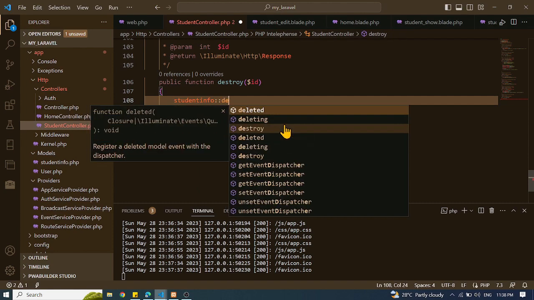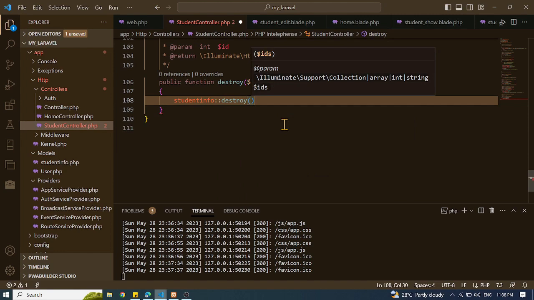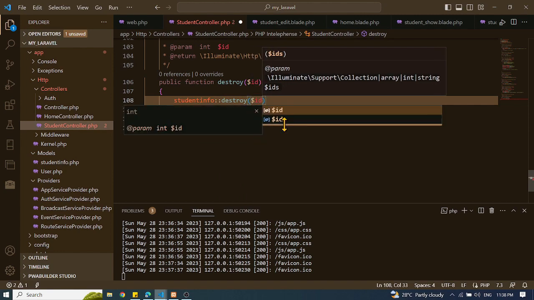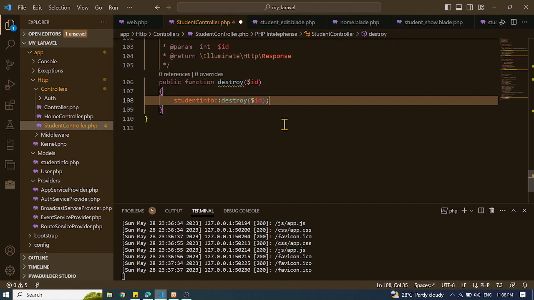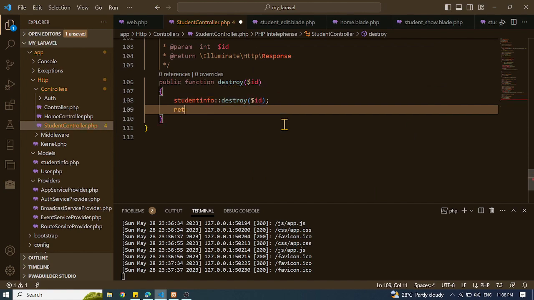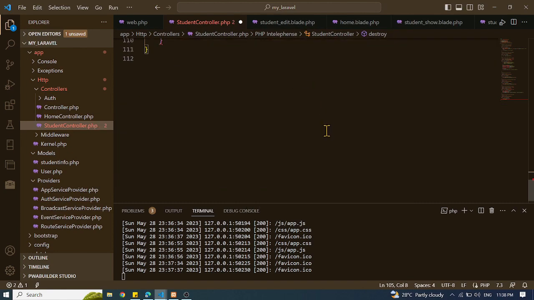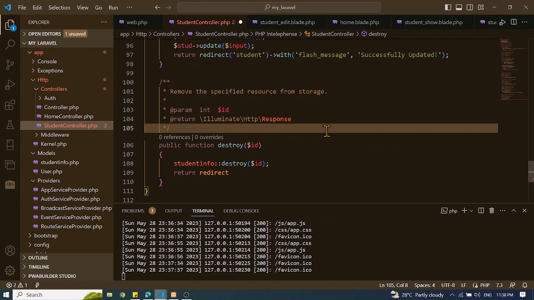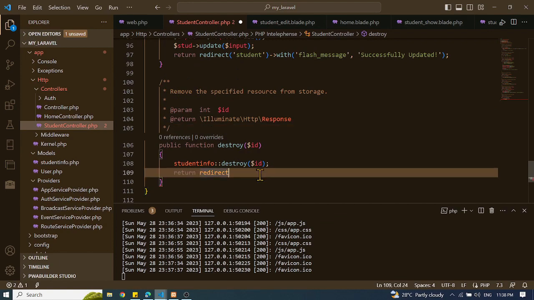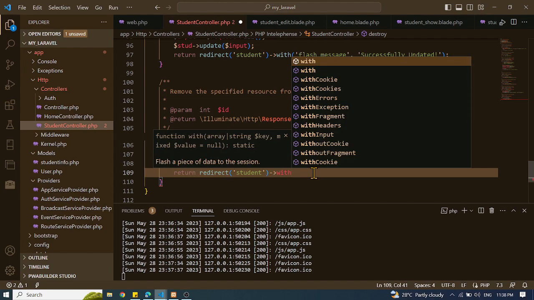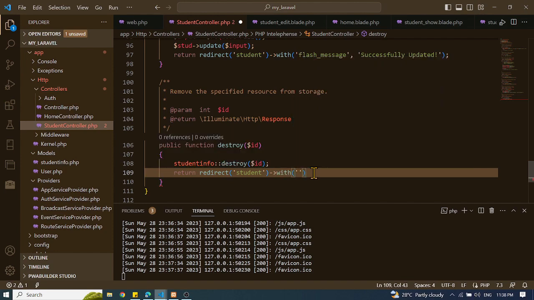So let's use the destroy na word, and we destroy it by using yung ID niya, of course, that represents the whole record natin, and then let's return here a redirect, of course, a redirect, and then let's pupunta siya ulit sa ating dashboard na merong student, and then let's put here the flash message,